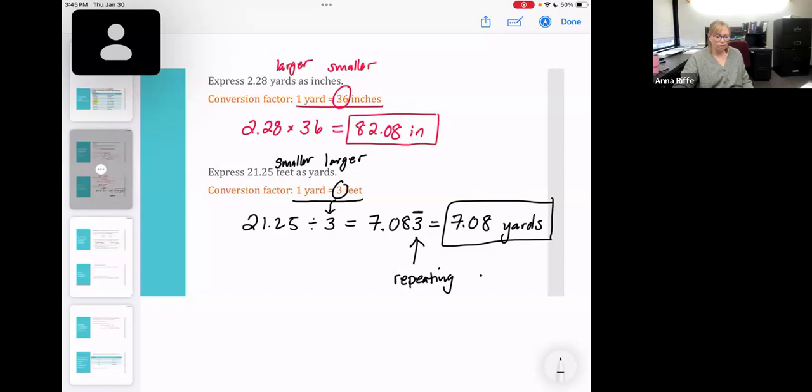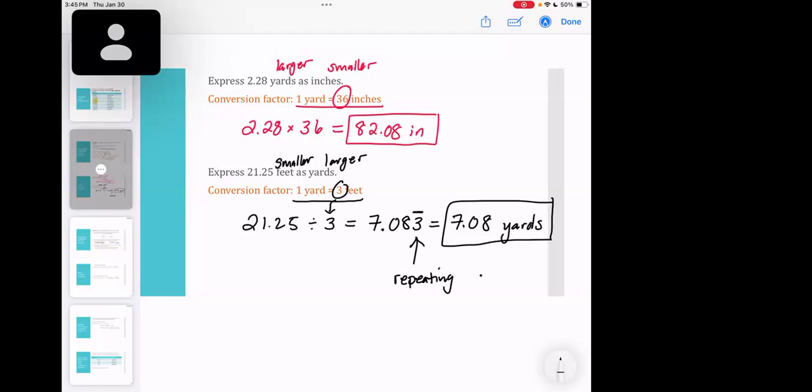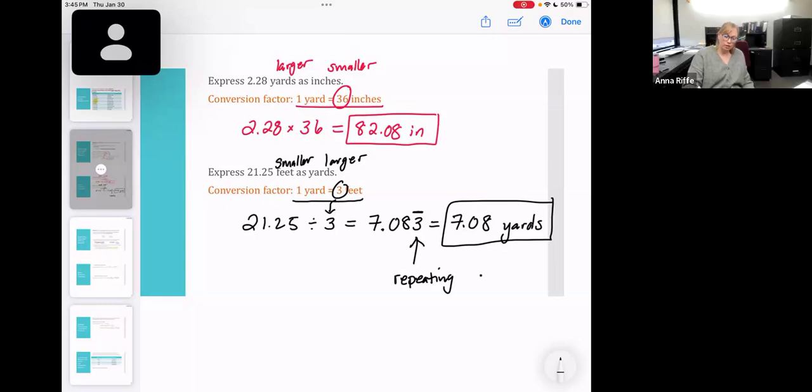Okay. Questions on any of those? Are you feeling okay about that? Yes, Dennis. My question would be, do we have to round it up like this? Good question. So my number, if you put this in your calculator, you're going to get